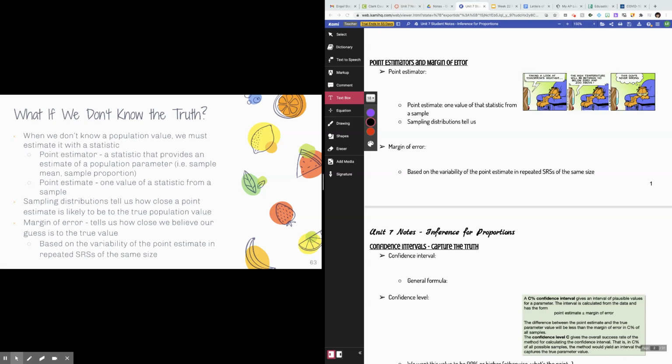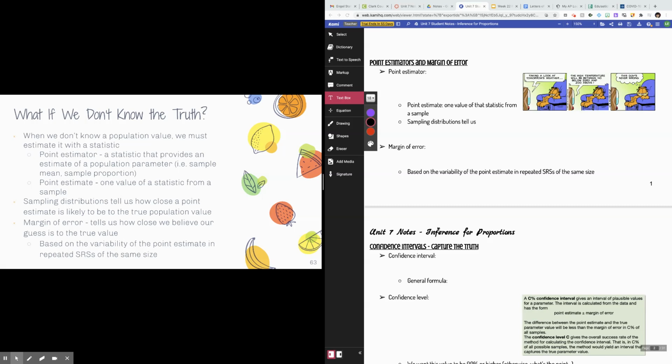Very, very common. Okay, so as always, I have the slides up on the left side of the screen. Your notes are on the right side of the screen, and I'm just going to follow along with myself here, and you can follow along with me as we go. What we need to talk about before we jump into any of this inference for proportion stuff is